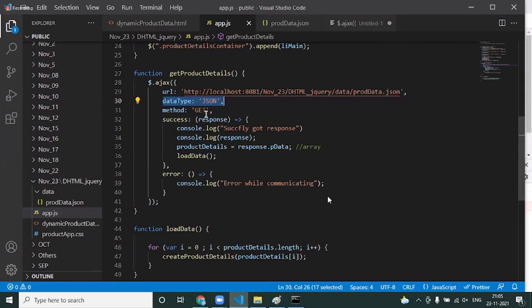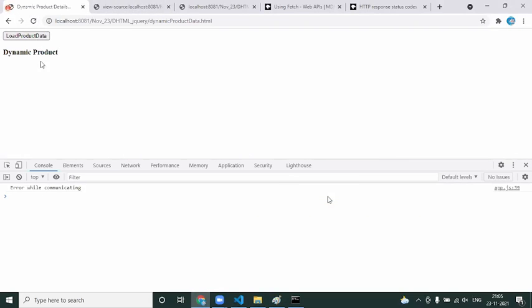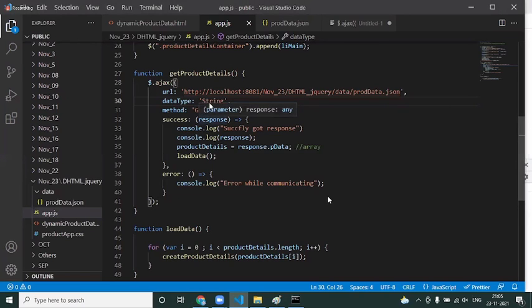Actually, there is a chance of error. Now, if I mistakenly say string, and you reload the page and say load product data, am I getting this error while communicating? Why so? You are expecting a string, but the server is throwing JSON. That is a problem. Your question is, if it is not needed anyway, by default I'm getting JSON. Right now, we created the web service in such a way that it only throws JSON. That is the reason you automatically get JSON.